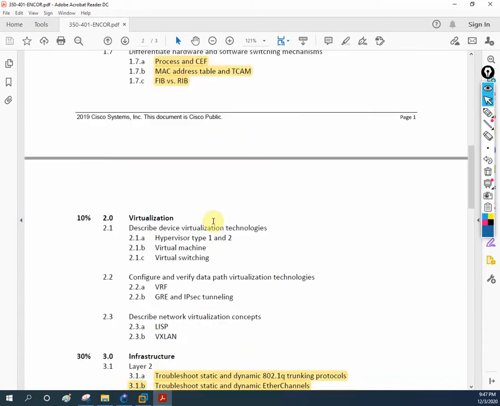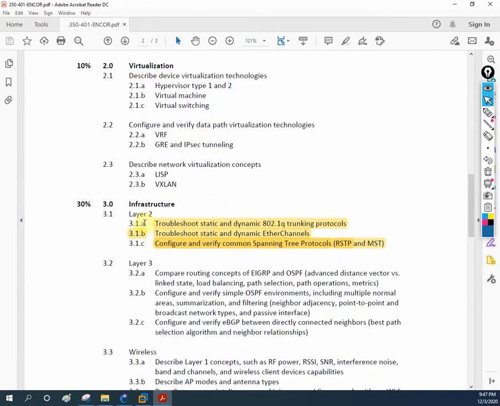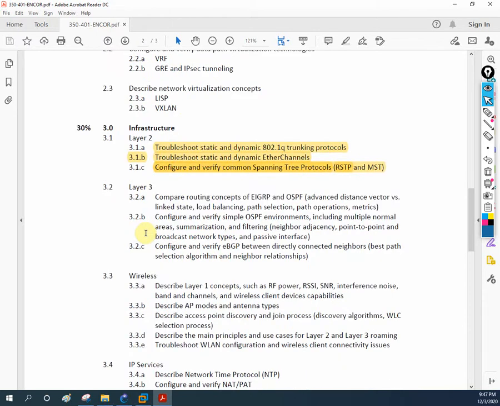If you remember, before we discussed up to here, EtherChannel, right? In our previous video we discussed the theory about EtherChannel. So now we are going to do the lab. If you remember, we told you that we can configure EtherChannel by using the protocol LACP. So in this video we are going to do the lab using LACP.